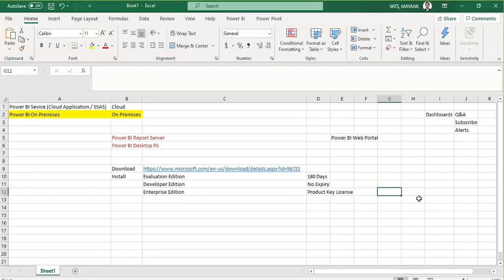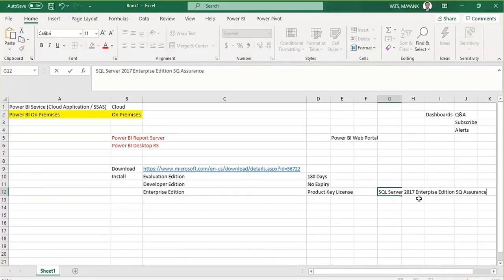One is, Microsoft says we will not provide the product key for the enterprise edition separately. It always comes as a bonus or free tool with other purchases from Microsoft. Let's say if you purchase SQL Server 2017 Enterprise Edition, then Microsoft will give you SQL Server 2017 plus the product key of Enterprise Edition.